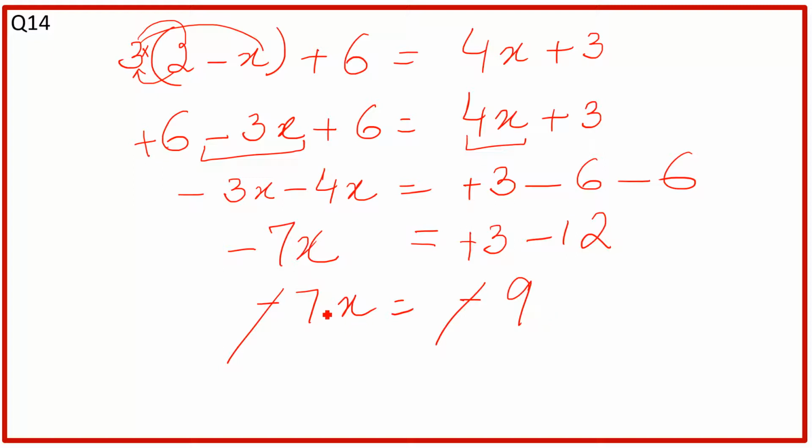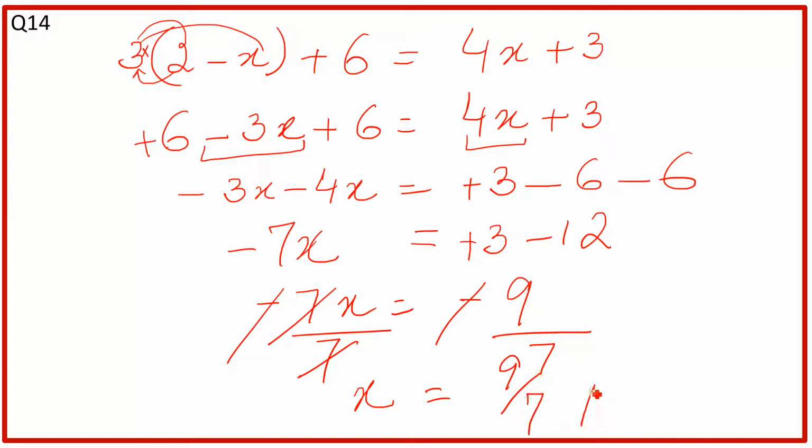We do not want anything with x. So first of all, we will see what is the relationship between 7 and x. No sign between them, it means multiplication, and the opposite of multiplication is division. So how will we eliminate this 7? We have to divide it by 7. The same operation you have to do on the other side of the equation. These two will cancel, 7 one time, 7 one time. Now we have only x, which is equal to 9 over 7, and this is the answer.